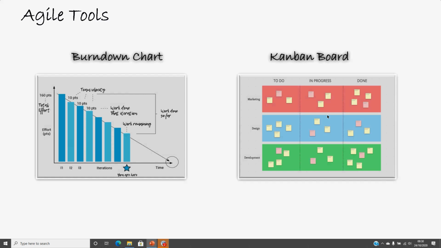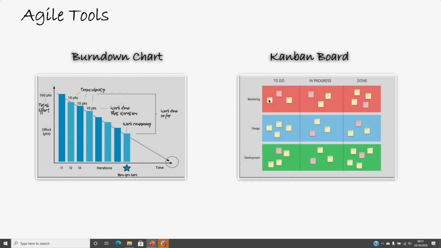So in to do, you put all your user stories on your post-its, those yellow post-its or your red post-its. You write the user stories on them. That's why they say keep the user stories very simple so that they can be written on a post-it size paper. It doesn't have to be a War and Peace novel. It can just come on a piece of paper so that you put it on your Kanban board in your to-do. So when you start your sprint, all your posted user stories would fall under this to-do